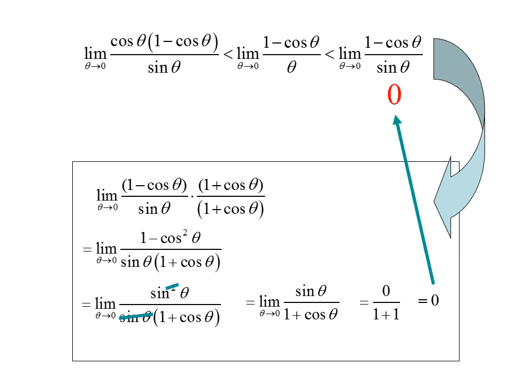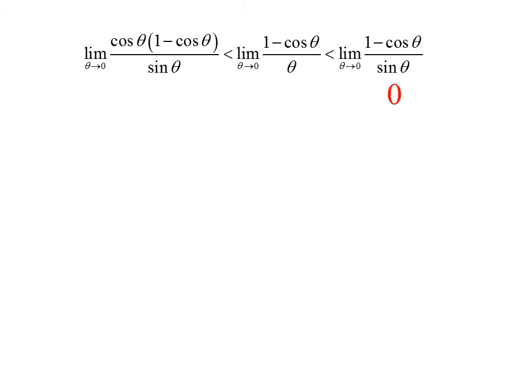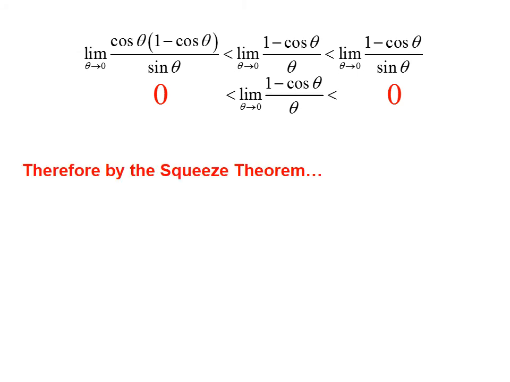So back to the squeeze theorem. If the lesser limit and the greater limit are both 0, that means that the limit getting squeezed between them in the middle also has to be approaching 0. So therefore, by the squeeze theorem, the limit as x approaches 0 of 1 minus cosine x over x has to equal 0. So now you see the origin of this TTK,